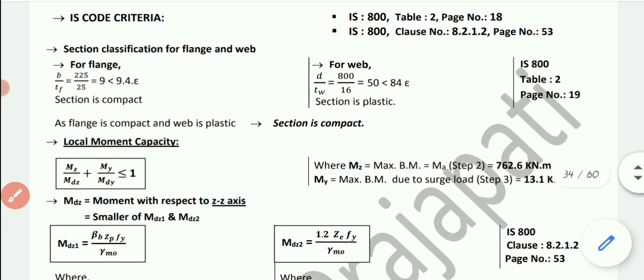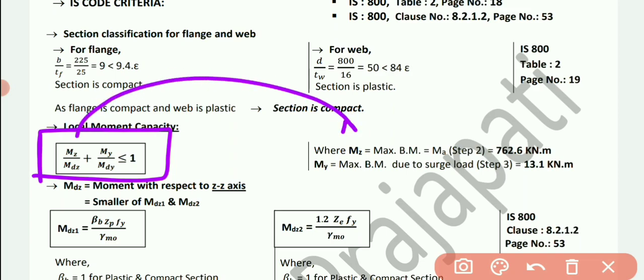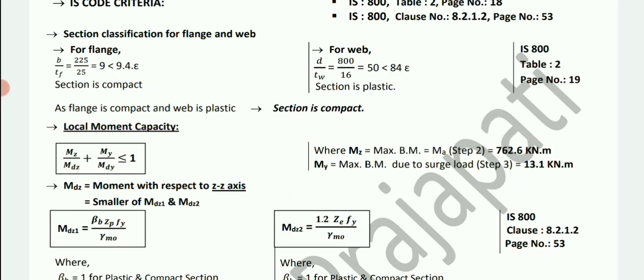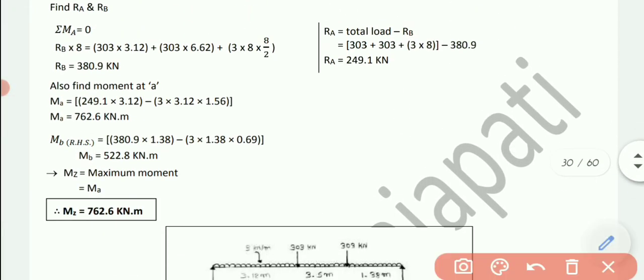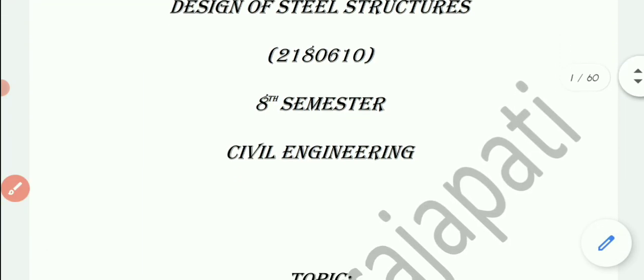Now we need to check the local moment capacity, and for that the formula is Mz divided by Mdz plus My divided by Mdy should be less than or equal to 1. Talking about the unknown parameters Mz and My: Mz stands for maximum bending moment, which we have already calculated in step number 2, 762.6 kilonewton meter. And My is the maximum bending moment due to surge load, which we have calculated in step number 3, 13.1. Let me show you this Mz and My. See, Mz was in step number 2, this one, 762.6 kilonewton meter, while My is